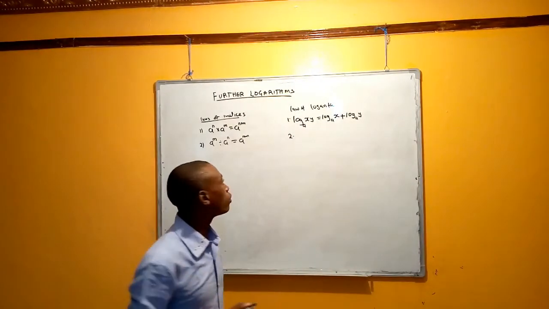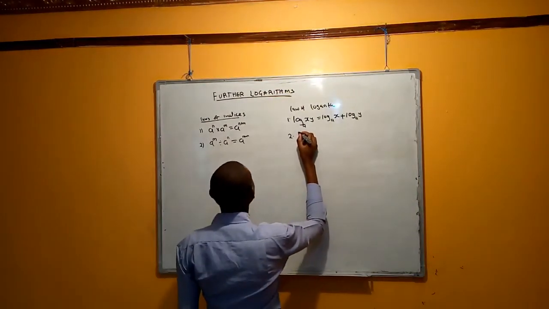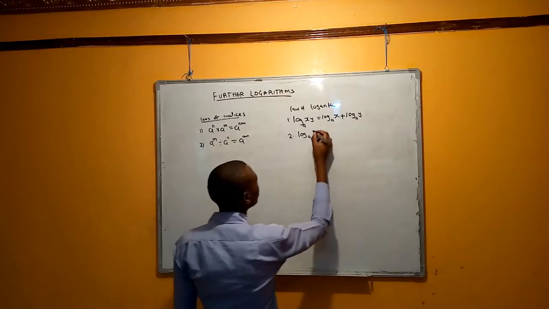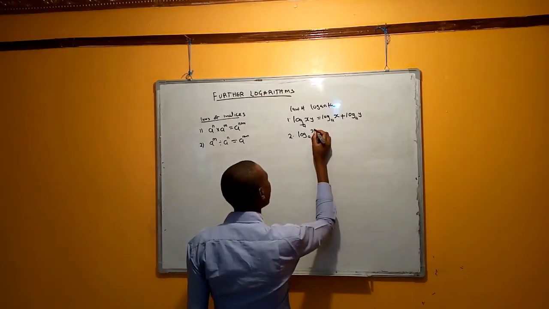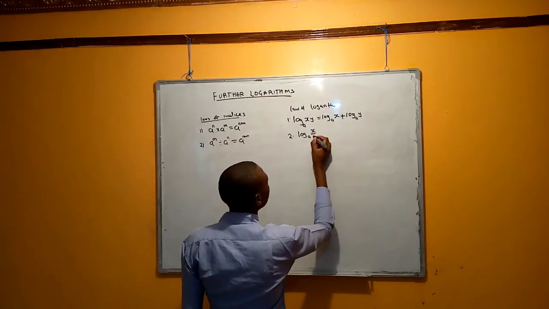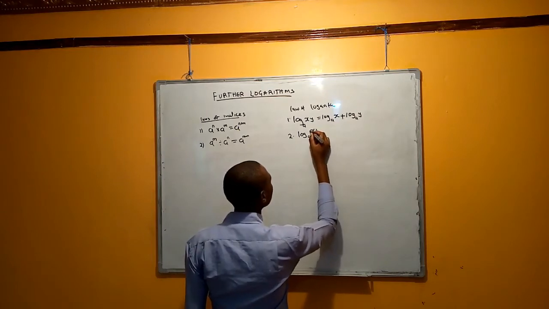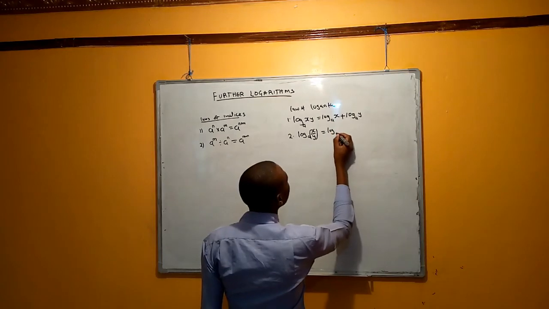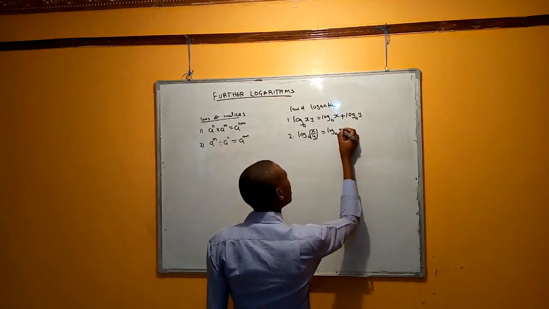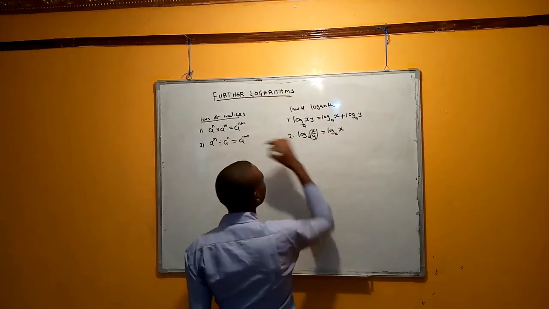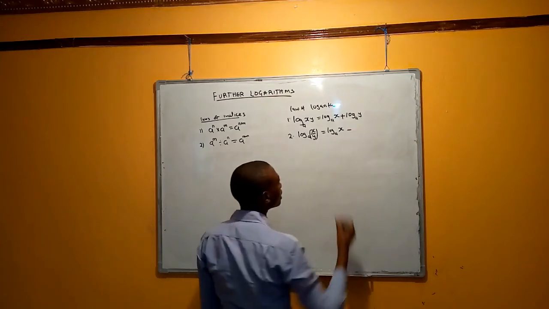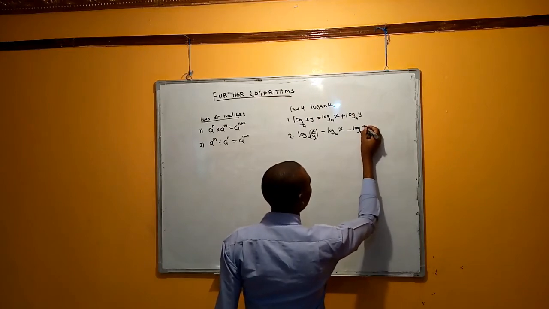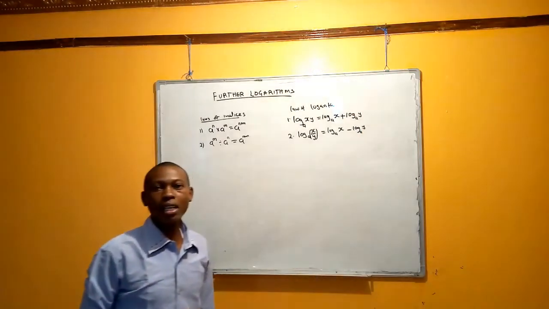We say that log to base a of x divided by y is the same as log to base a x, division will mean subtraction, so you have minus log to base a y,